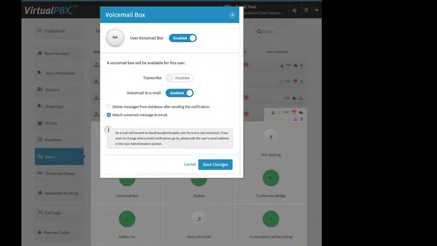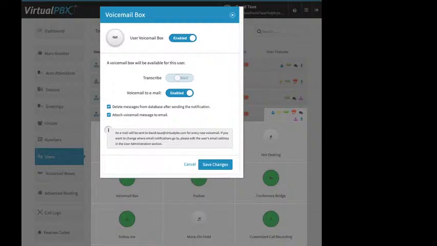Now, voicemail boxes are limited to 100 messages. So if you have staff members who aren't good about clearing out their voicemail boxes, or you run across it later, then what you can do is delete the message after notification, right? So after the system sends out that email, it deletes it from the voicemail box on the system. So then, the voicemail lamp on your VoIP phone won't have an indicator. And then they can still listen to the voicemail in their email. And likely you have more storage on your local computer than you do with just 100 messages in the voicemail